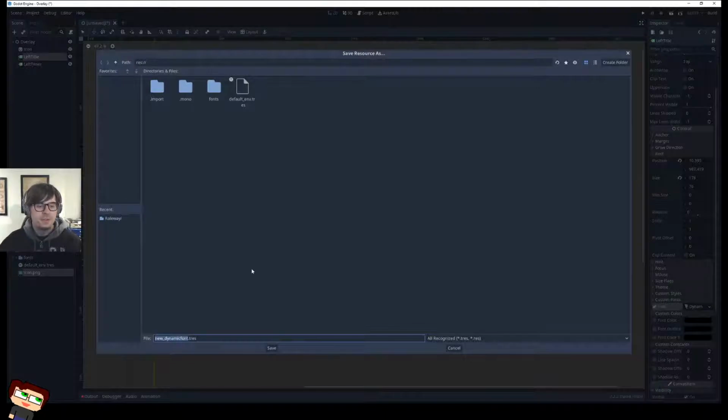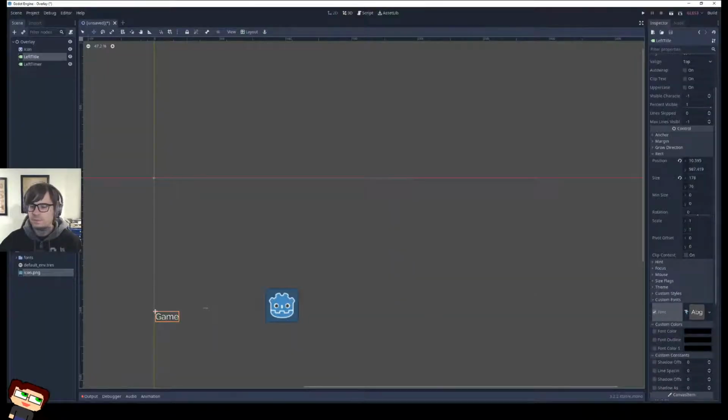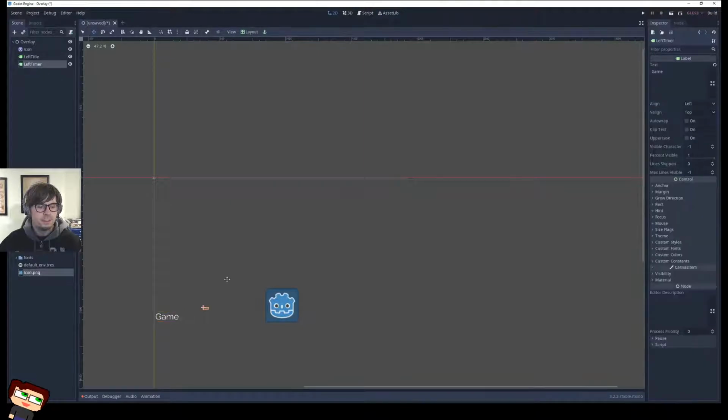Save this dynamic font as Railway, or let's just call this one title font. Title font, sure, whatever. Save it into the title font, like so. Now we can apply it elsewhere. Look at us go. Custom fonts.